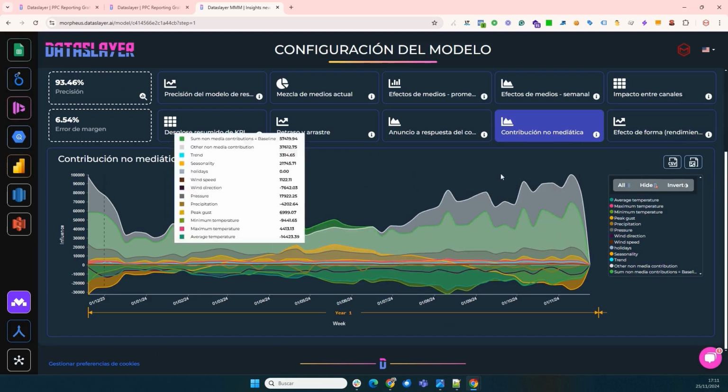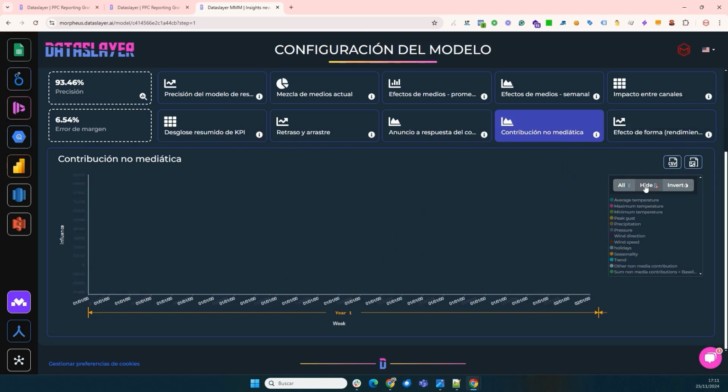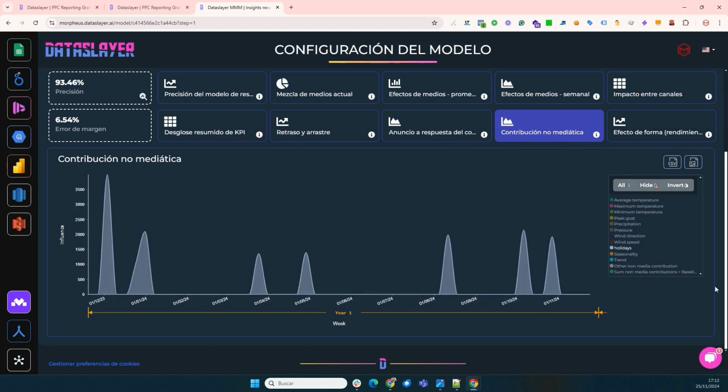One thing I always recommend is to hide everything and really see what has influenced me. So for example, have holidays influenced us? Well, we see that there are occasional peaks here, but not much. We wouldn't say that the influence has really had an effect on us, because there are occasional peaks there, but